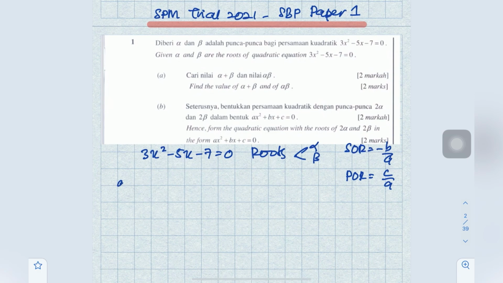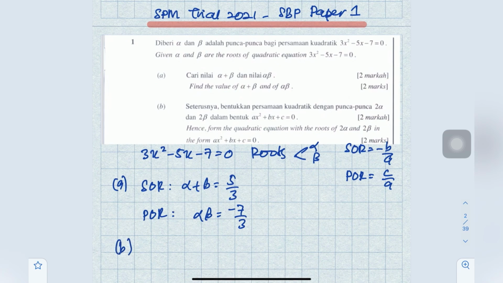Okay, so start from SOR, hasil tambah punca. So alpha plus beta equals negative B over A. So negative negative 5, 5 over A is 3. And POR is alpha beta, C over A. So negative 7 over 3. Okay, done. B, hence form the quadratic equation with the roots of 2 alpha and 2 beta in the form